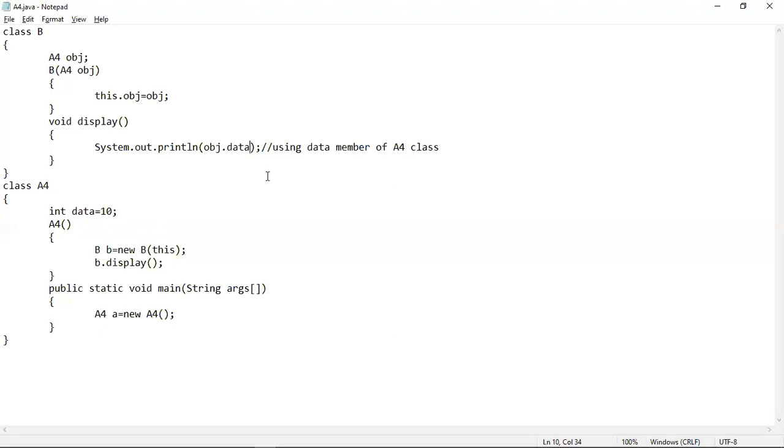So this is a very interesting program where you can see that passing this keyword to this constructor calling is mandatory. If you don't pass this keyword here in this constructor call, the program will not be executed. So here it is necessary to pass this keyword in order to pass the current object. Let's see the output to better understand the program.